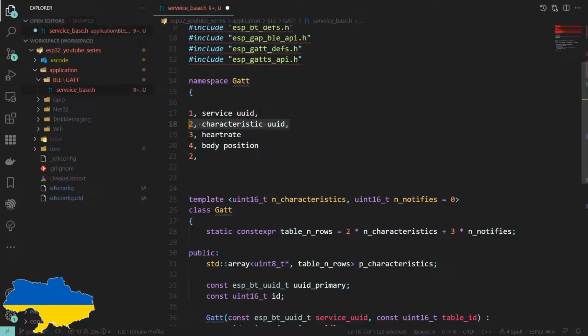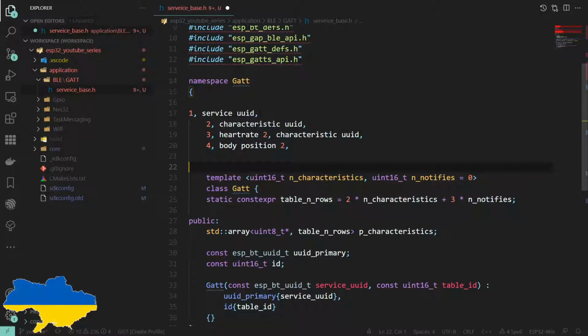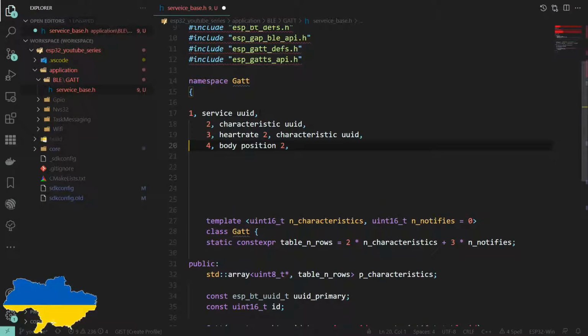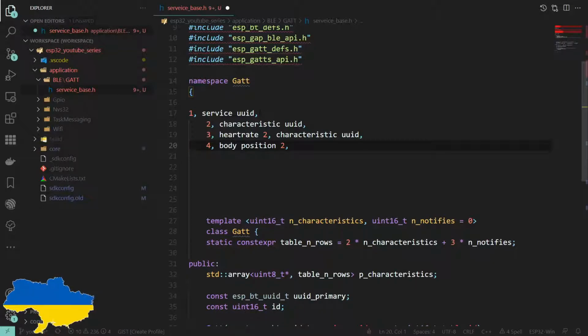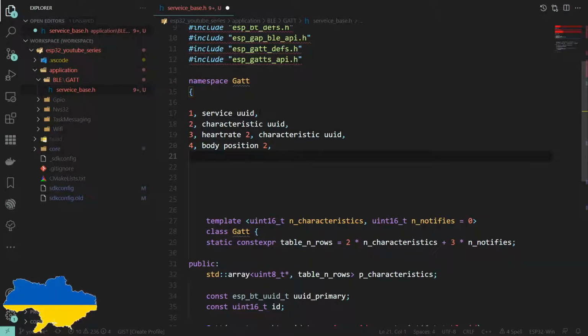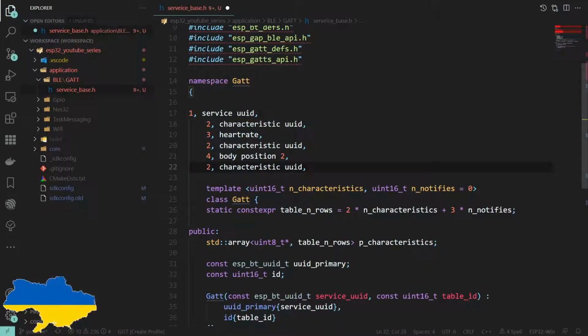Sorry, I've missed something here. Oh, I knew it was going to do that. Right, ignore all of this. I've not used VS Code in too long. There we go. That's what I wanted. There we are. Almost. Almost. There we go.